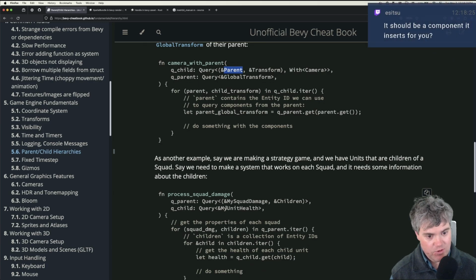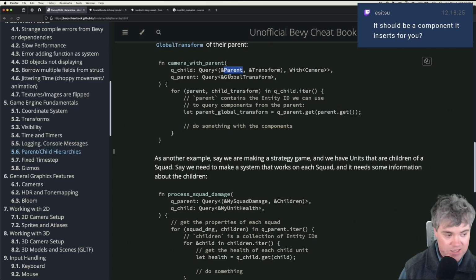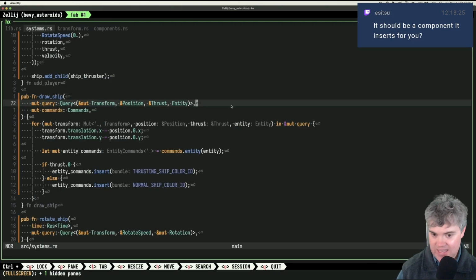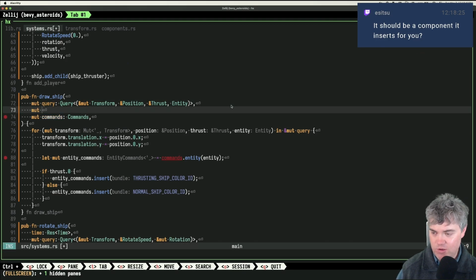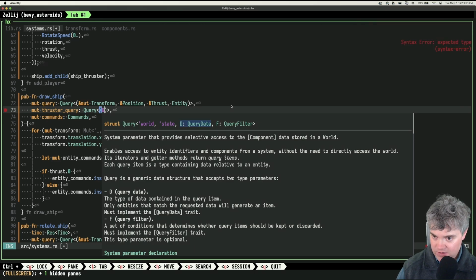Say we need to make a system that works on each squad and it needs some information about the children. Okay, so it's just basically something that the parent has. That's what I care about. It's something that the parent has. So this is the query, and then we're going to have mute thruster query, which is another query, and I want a reference to something that only the parent has, which right now is,